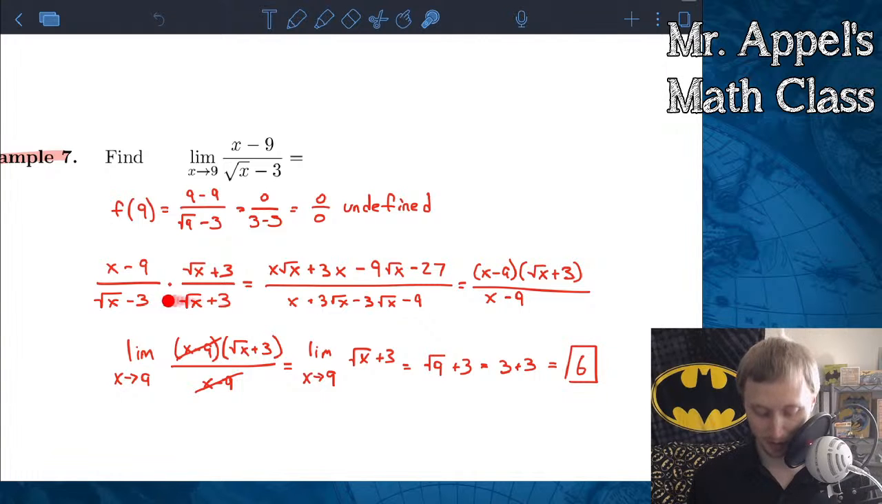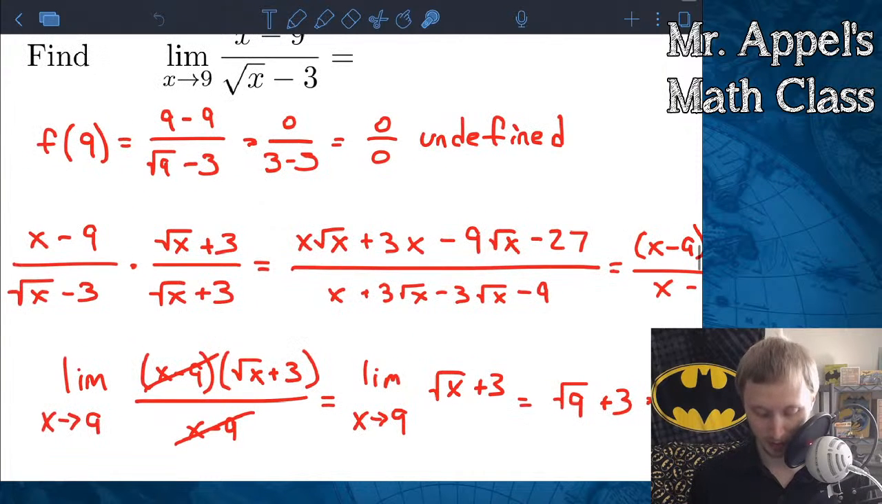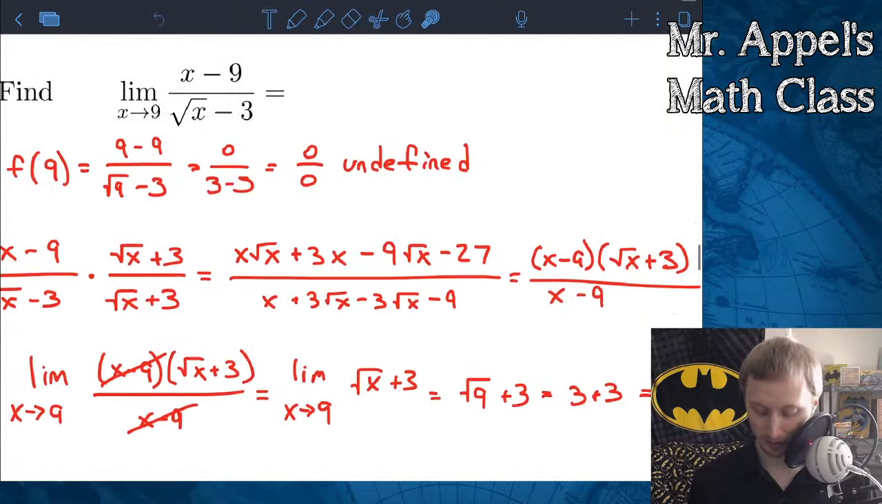Because when I multiply, focus just on the denominator here. When I go to multiply these together, right? Root x times root x is just x. Negative 3 times root x, negative 3 root x, positive 3 root x. So I'm going to get this middle term that cancels out, right? Plus 3 minus 3, that reduces down to 0. Okay? That's why you want to do the conjugate there, to eliminate that middle term and get left with just